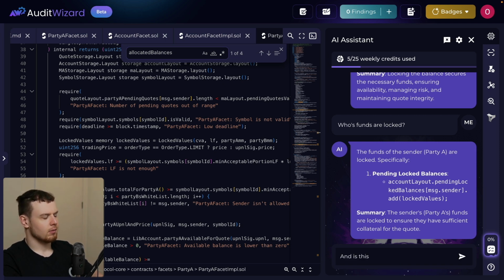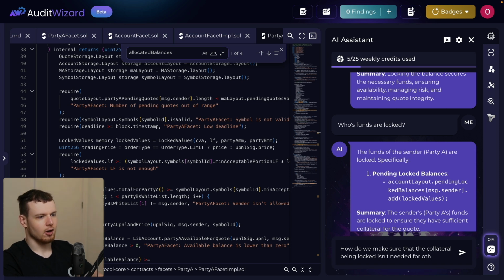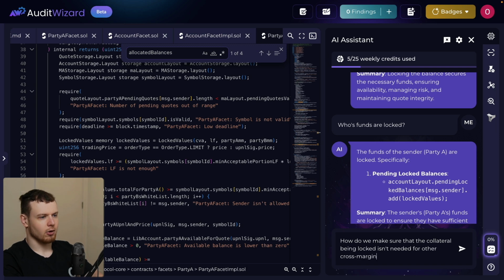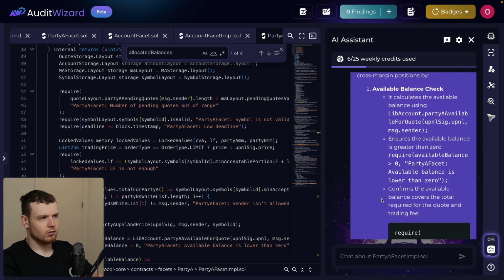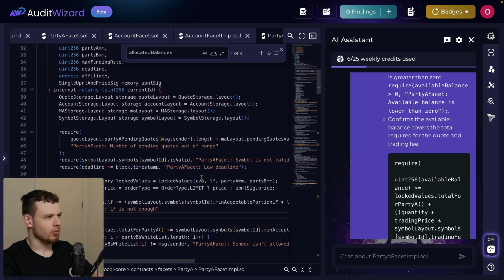And I'm thinking if you had an existing cross-margin account, you already had open positions, how do we make sure that the collateral being locked isn't needed for other cross-margin positions? Function checks the sender's available balance, ensuring it is sufficient to cover the new quote without affecting other cross-margin positions. Let's see. They're saying available balance,